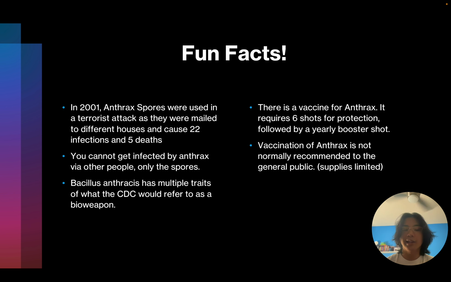And both the United States and the Soviet Union had put in research to see what they could do with it. There is a vaccine for anthrax. It requires 6 shots for protection and is followed by a yearly booster, and this is mostly used by the military. And vaccination of anthrax is not recommended to the general public because supplies are limited, and it's not really confirmed where or when an anthrax infection may